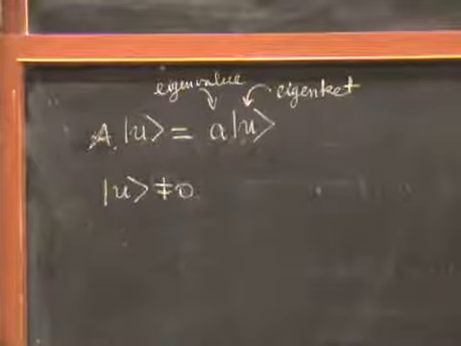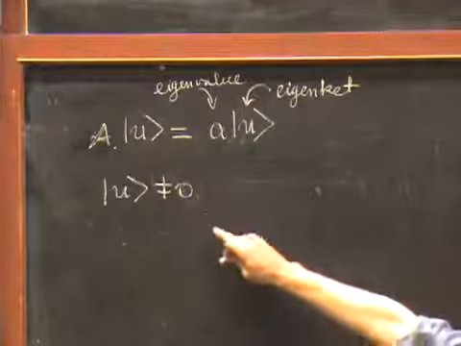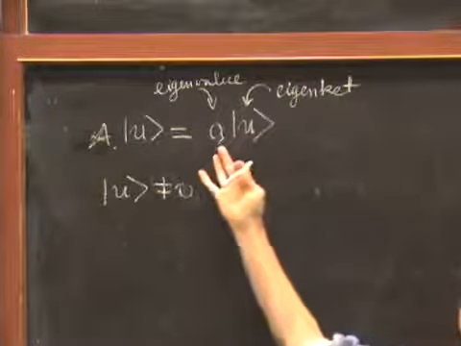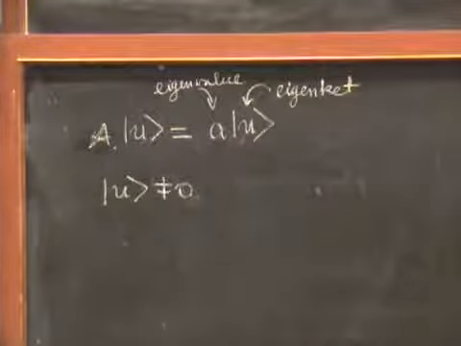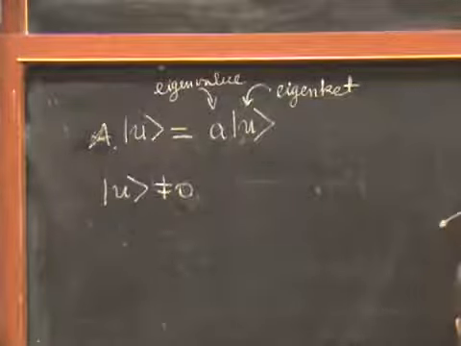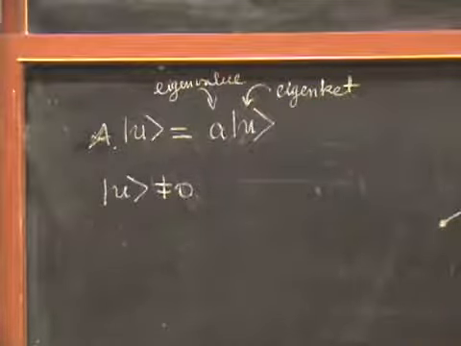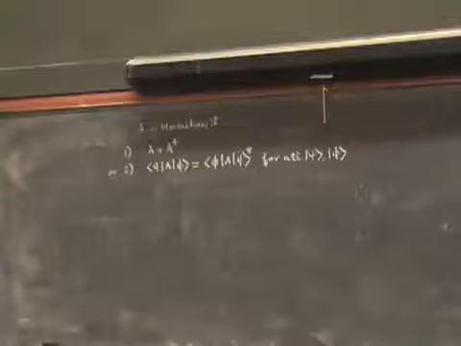Here's the first thing to notice: if you have a ket u, an eigenket, it's supposed to be non-zero, because if it were equal to 0, this equation just says 0 equals 0, and it's not very interesting. So we exclude the 0 case. If u is a non-zero ket, then you can think of it as a vector that sticks off somewhere like this in the space in question. Here's the vector u, or the ket u.